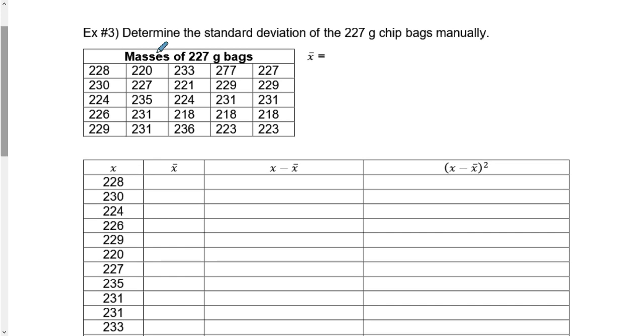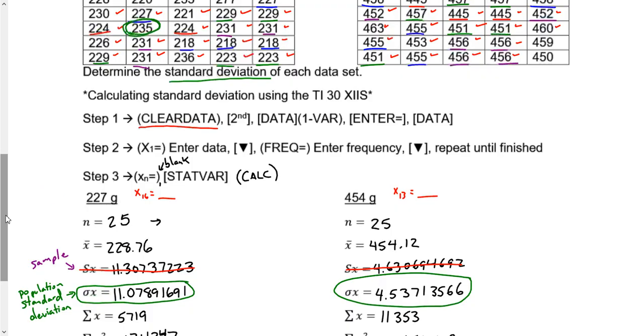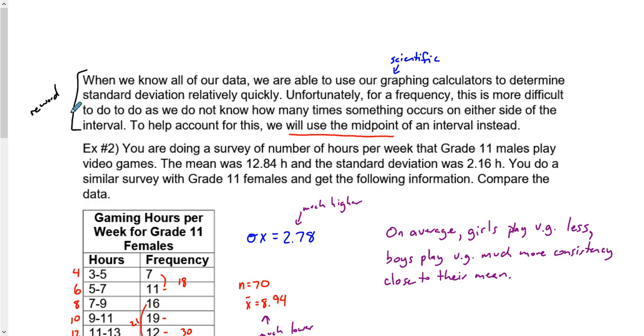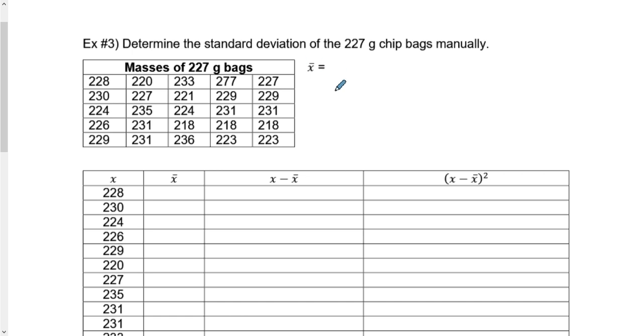So we're going to do it for this 227 gram set. We've already done the information, so we should know what our answers are. Our standard deviation is going to come out as 11.0789. So let's do some work. First off, we need to find out what our average is. So if we take 228, add the 220, add everything all the way up to the 223 and the 223, divided by the fact that there's 25 data values,